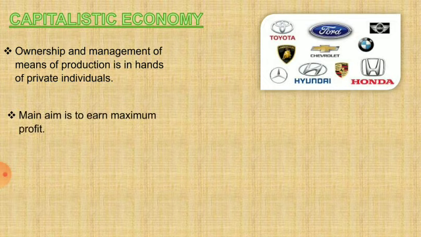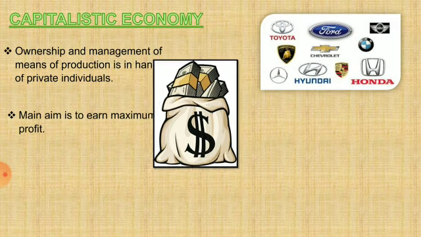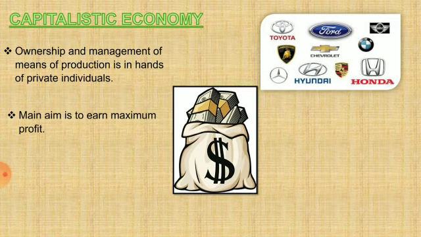And his main aim will be to earn maximum profit. So if you see here, the companies are all high class or branded companies. So definitely they will cater to only a particular class of people wherein they can make maximum profit for what they have